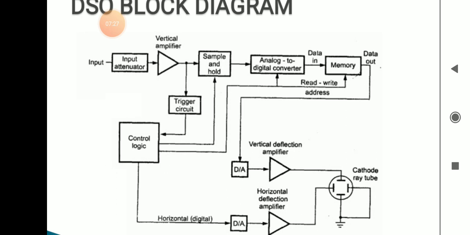What is the function, or briefly the working, of roll mode? In this mode, input signal is not triggered at all. So a fast changing signal is displayed on the screen as if it is changing slowly. The stored signal is rolled across the screen from right to left. So this gives the behavior of a very slow moving signal.